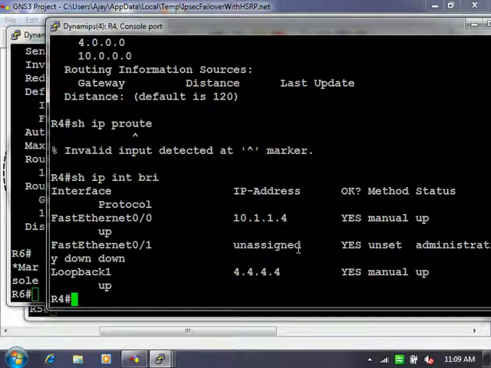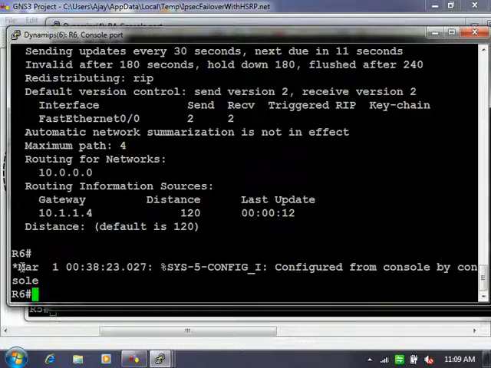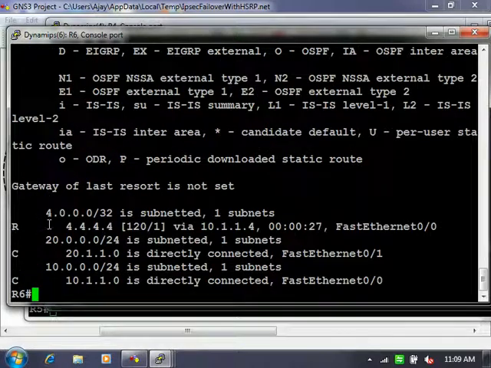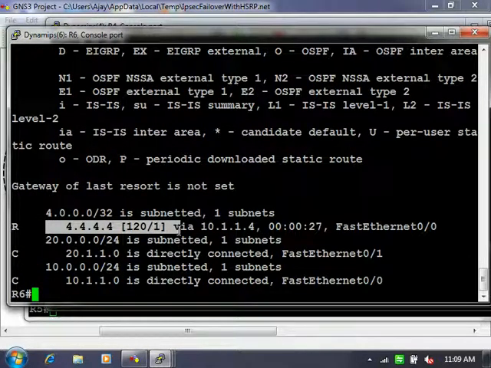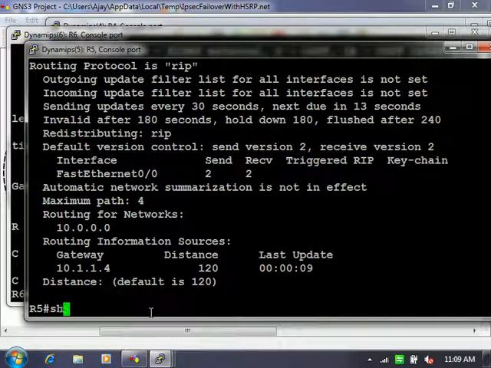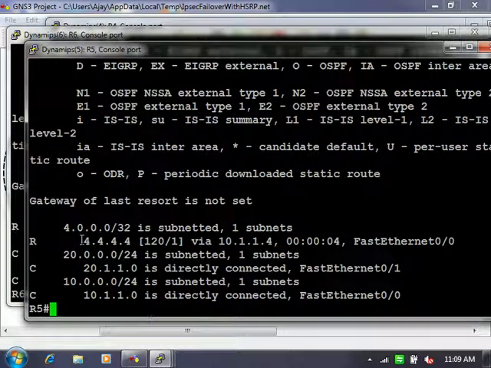I mean, you don't have a command like show IP RIP neighbors. In OSPF and EIGRP you have this, so by checking the neighborship you can say the protocol is communicating well. But here I am advertising the 4.0 network. If I am getting the route at R5 and R6, I can say that my RIP is working fine, right? So let's check the RIP updates on R5. My internal network is working fine.